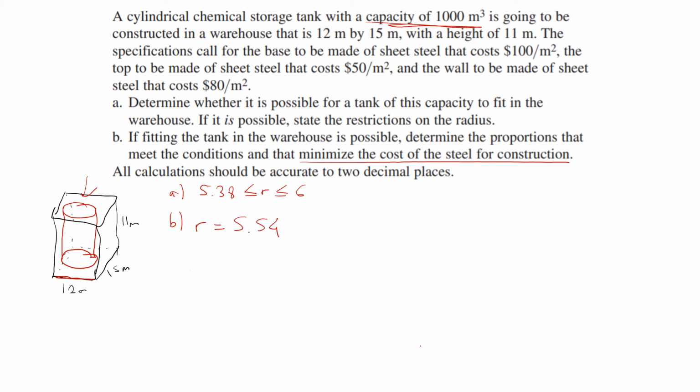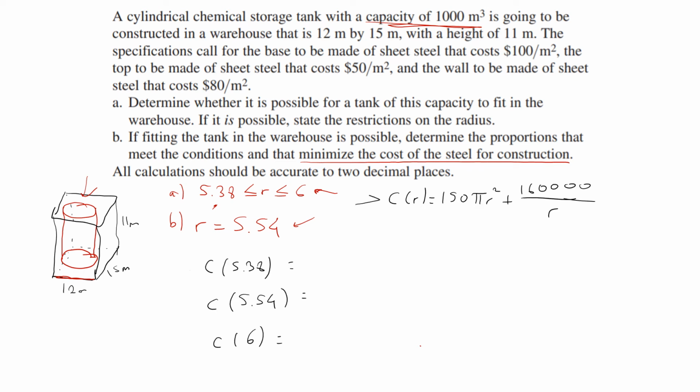5.54. So now that I have my critical point, all I need to do now is have this and my end point plugged back into my original function. So if I plug these values back into my original equation, which is what we found before, so I rewritten it here. So if I plug this into my calculator, I'm going to get a value of 43,380 for this one, 43,344 for this one, and